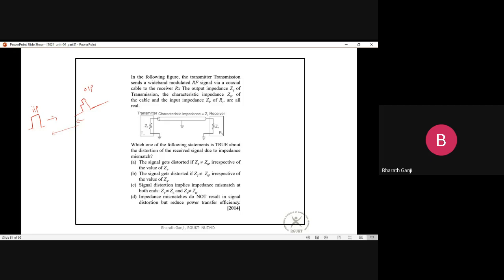it looks as if signal distortion only happens when there is dispersion. అంటే dispersion అంటే, because ఇక్కడ అన్ని రియల్ నెంబర్స్ అని చెప్పాం, Z0 is a real number. If this is a real number, that implies you're dealing with a lossless line. And we know that for a lossless line, R and G are 0, and you won't have any dispersion, because for a lossless line the propagation constant is omega into square root of LC, and the velocity of the wave on the line is nothing but omega by beta, which is 1 by square root of LC. So you can see that this velocity is independent of the frequency, so you will not have any dispersion